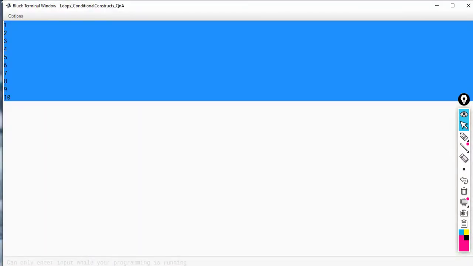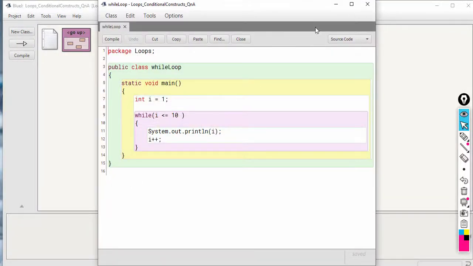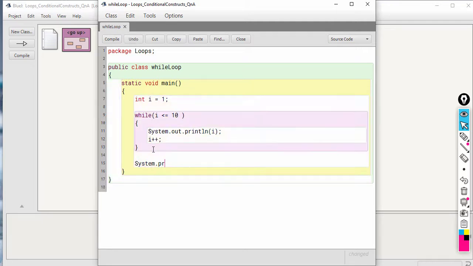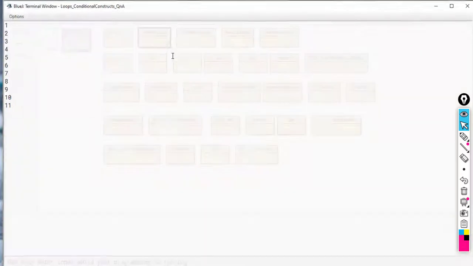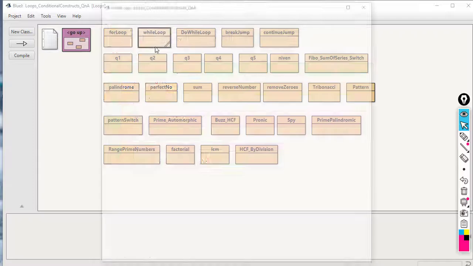So as you can see in the output, it's printing 1 to 10. And if I come out of the loop, okay, and print the value of I, so it will print 11. So as you can see, 1 to 10 is being printed inside the loop, and then outside the loop I am printing the value of I, which is 11. Now why is this 11? I have explained while explaining for loop.